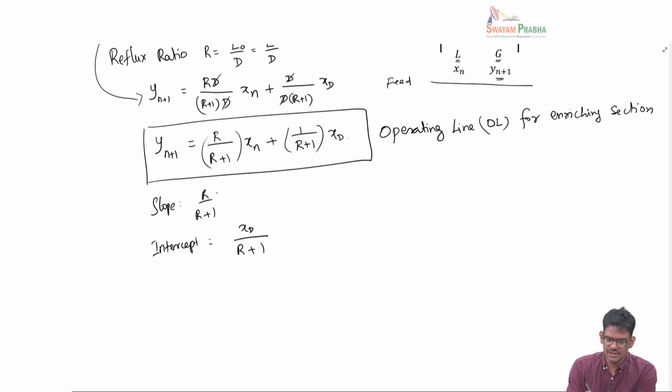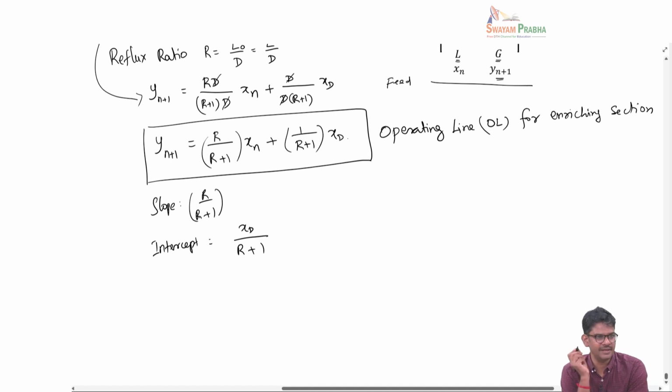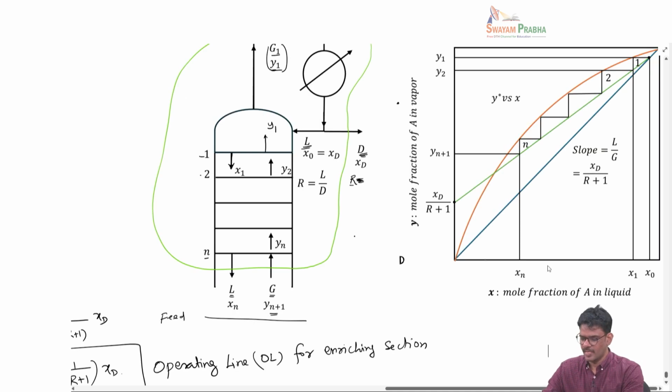So if you know the reflux ratio, you know the slope of this operating line, and if you know the distillate composition xD, you also know the intercept. Okay, so it is shown here that on the x-axis, this is basically the xy equilibrium data. On the y-axis we have the mole fraction of A in the vapor, y, and on the x-axis we have the mole fraction of A in the liquid phase. The orange curve that you see here is the equilibrium line, y versus x, and this is the 45-degree line,